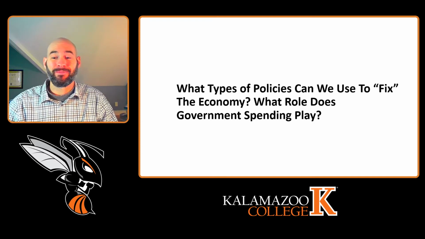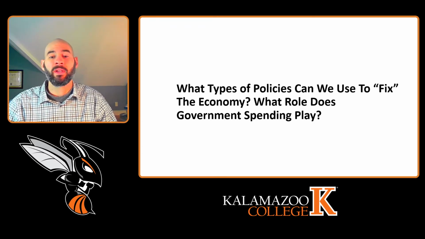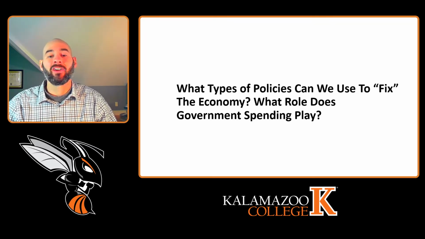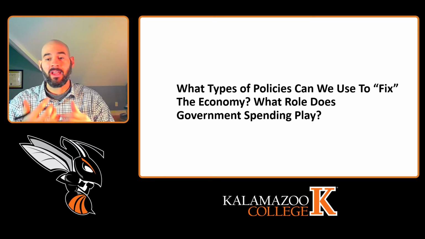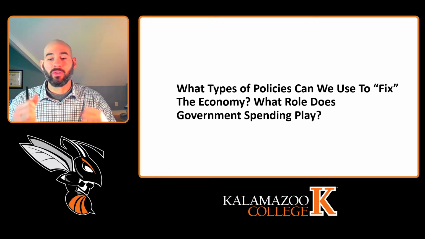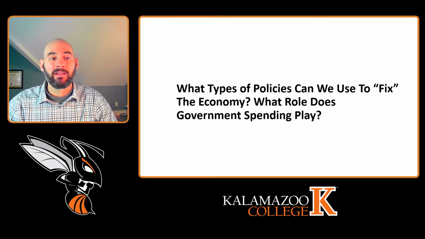All right, so with the first official video of this week, I want to pick up where we left off last week, which was wrapping up our discussion of the aggregate supply, aggregate demand model, and thinking about how we can improve conditions in the economy as measured by our three traditional macroeconomic indicators, unemployment, GDP, and inflation, by pulling central levers which we may have access to from a government's standpoint, right? So either by increasing aggregate demand, decreasing aggregate demand, increasing short-run aggregate supply, or decreasing the short-run aggregate supply.